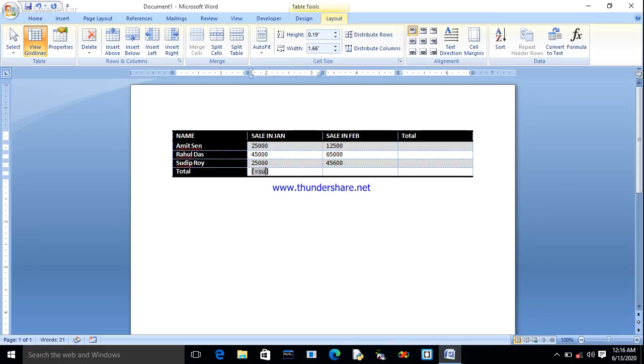So we use the SUM keyword, and then again we use the parenthesis. And now how we calculate?